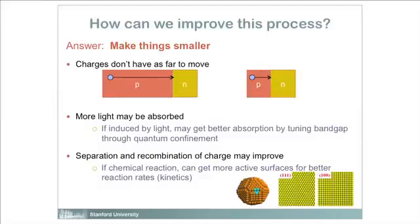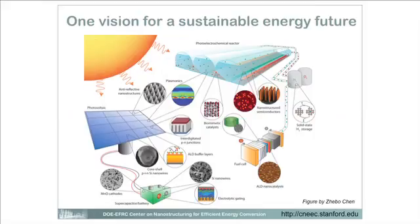So if we go back to this picture of a sustainable energy future, here are our big devices, the photovoltaics and the photoelectrochemical reactor, and what I'm showing here are lots of small things all around it. The idea is that if we make nanostructures or nanomaterials an inherent part of these different devices, we might be able to get more efficient energy conversion. I should point out that many of these already have nanostructures and nanomaterials, and what we are looking at is how you can make that better, make things smaller, and put them in the right places